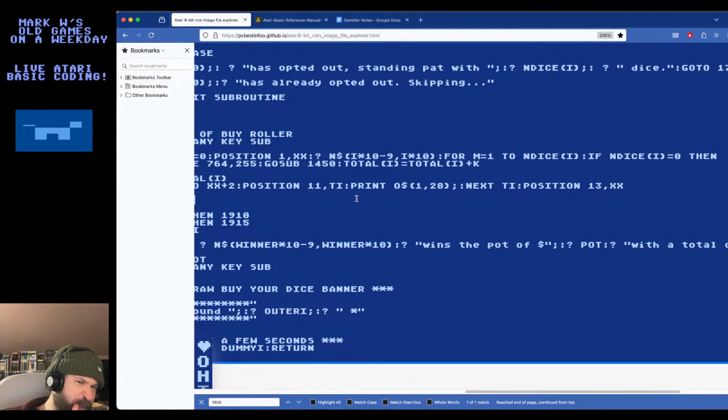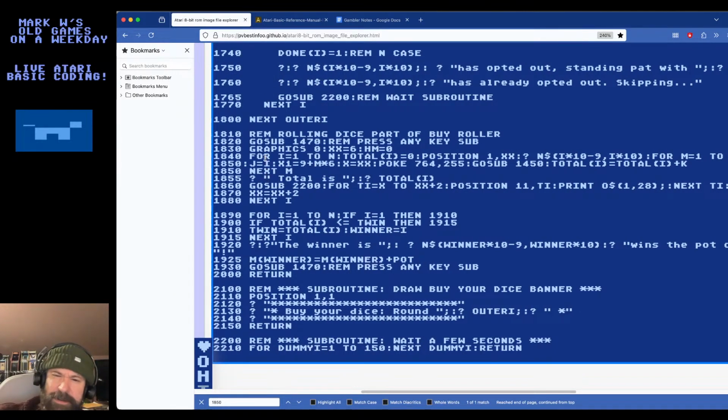Now, everything was working before I had that special check for number of dice equals 0. And again, in any other language, this would organically work if n dice of I was 0. It's kind of funny that I have to handle that case. But if I handle it within the loop, it doesn't work. Well, it's more like if I handle it within the loop, it breaks the subsequent iteration of the outer loop. How does that make sense? But if I put it before, if I put it right here, it'll break this guy.